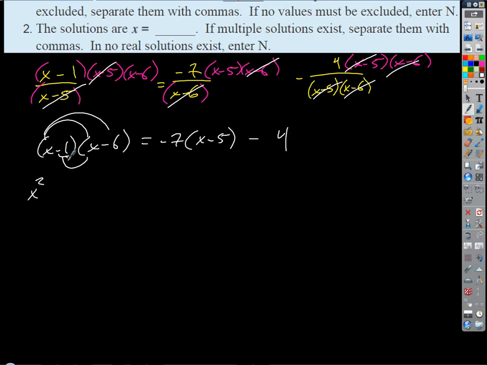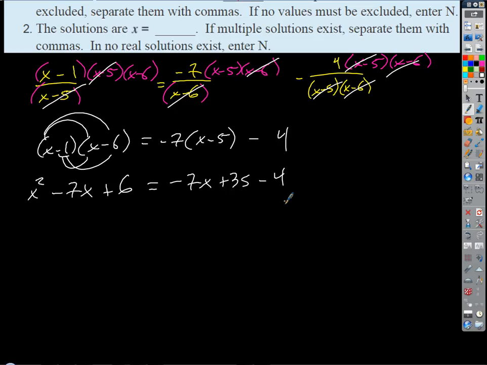When I distribute the negative 1 through, I'm going to get a negative 1x, right? So negative 6x and negative 1x is negative 7x, right? And then finally, when I distribute the negative 1 to the negative 6, that multiplies to positive 6, right? Okay, so there's the left side. What about over here? If I distribute through, negative 7x plus 35